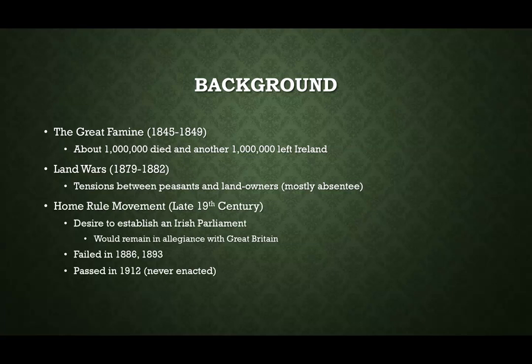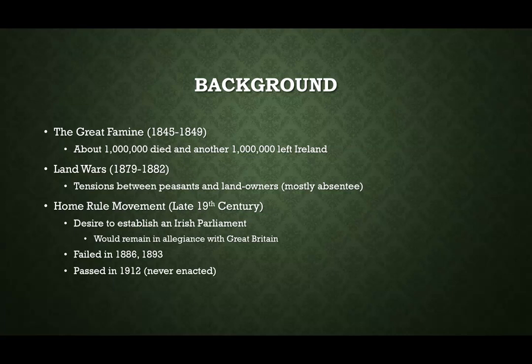And you get the Home Rule movement in the late 19th century. This has the desire to establish an Irish Parliament. Again, remember this was removed with the Act of Union in 1800. They want to establish an Irish Parliament that is able to act independently of Great Britain and make their own decisions. However, they would still be in allegiance with Great Britain. So they would still be a part of the United Kingdom. However, they would get their own parliament and have their own ability to make and pass